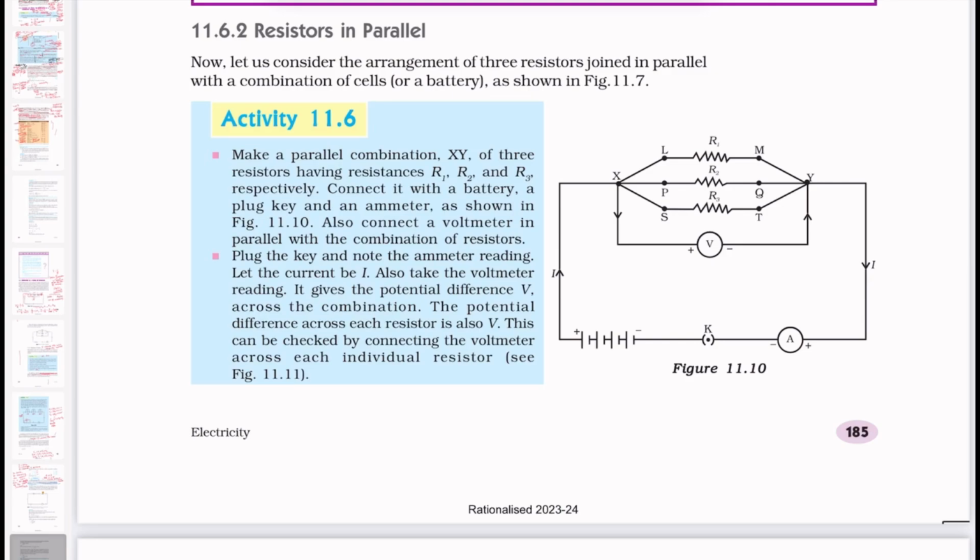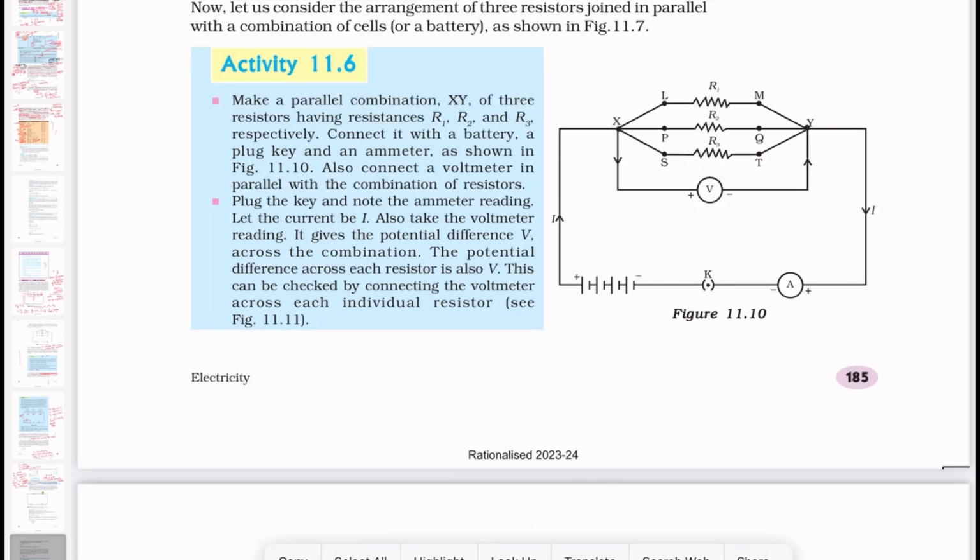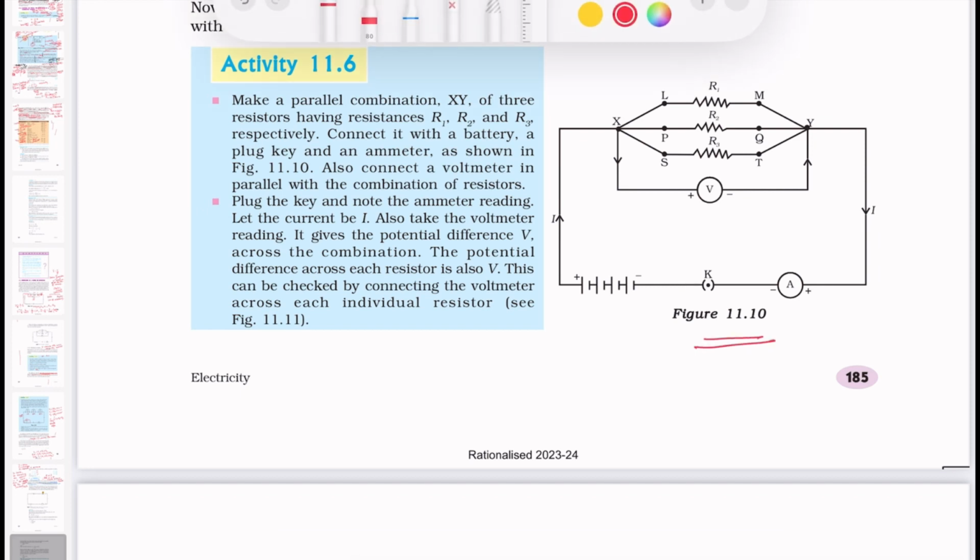Hello children, we will see resistors connected in parallel in an electrical circuit. So look at this activity 11.6 where you can refer to figure 11.10. We could see that the resistors used are R1, R2, R3 and that they are connected in parallel,